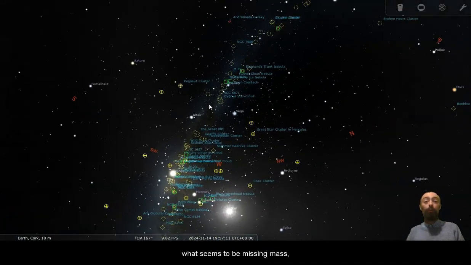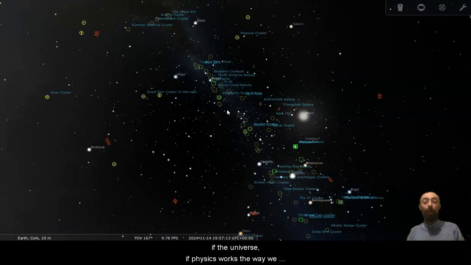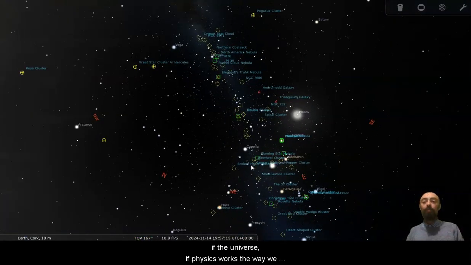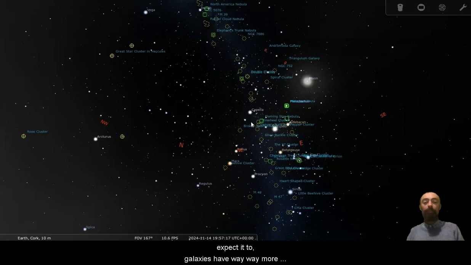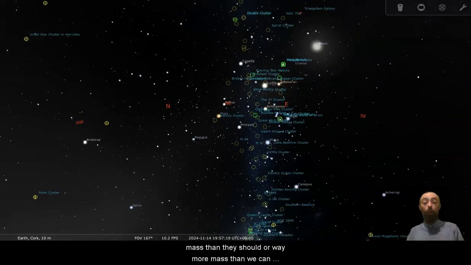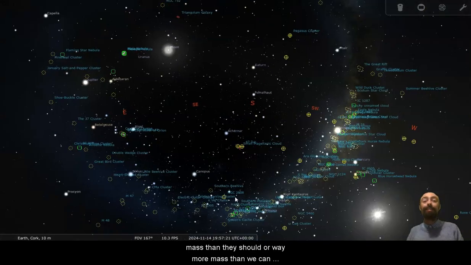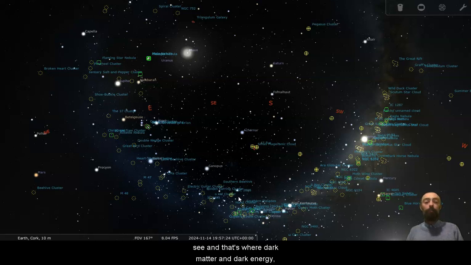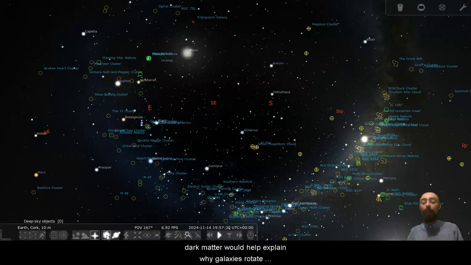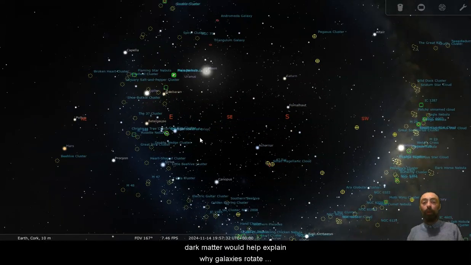If physics works the way we expect it to, galaxies have way, way more mass than they should, or way more mass than we can see. And that's where dark matter and dark energy, mostly dark matter, come into play. Dark matter would help explain why galaxies rotate the way they rotate.